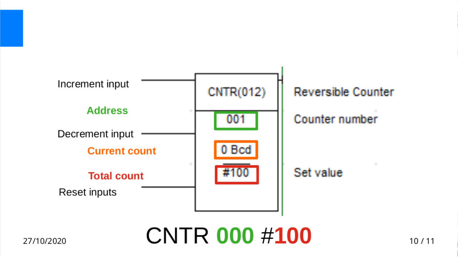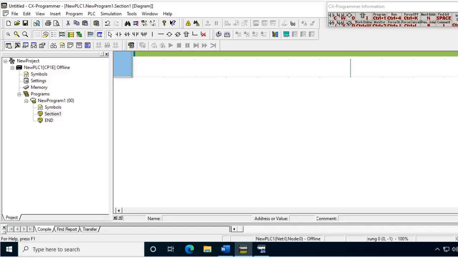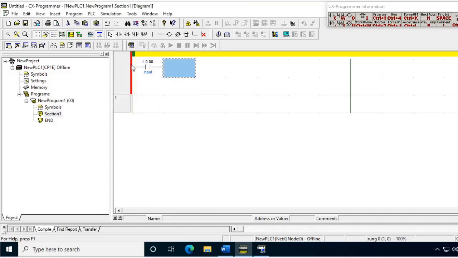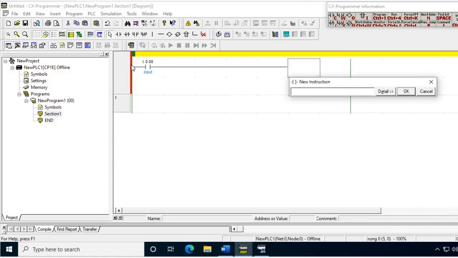So basically the idea is we can reduce the count, or we can count down using that input. So let's try these two out in a simulator and see how this works. Okay, now here what we have, let's again start with the input. So as usual we can go with this, our input, and then to test the counter, let me put a